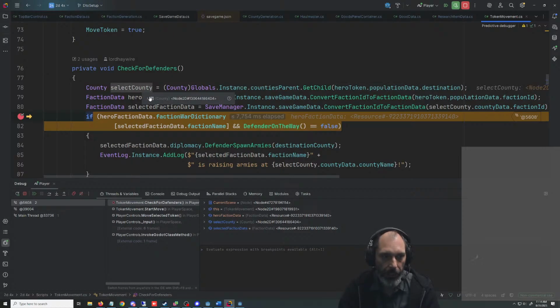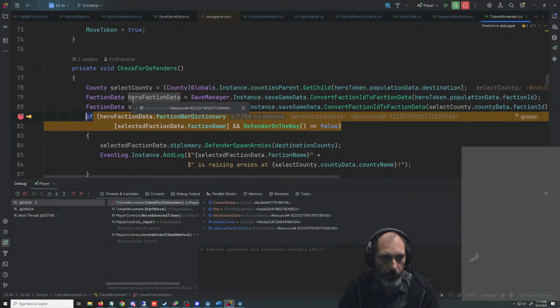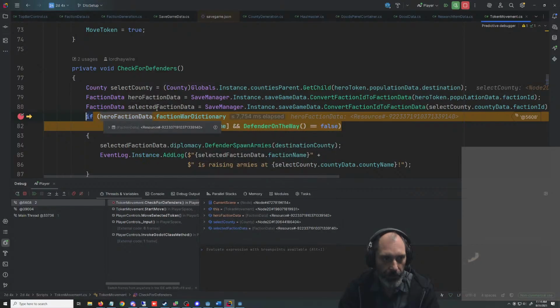So we have a county, Portland. So that's right, because we're trying to go into Portland. What is this? This is the factions, the shipbirds, that's right. Selected. So the hero faction,